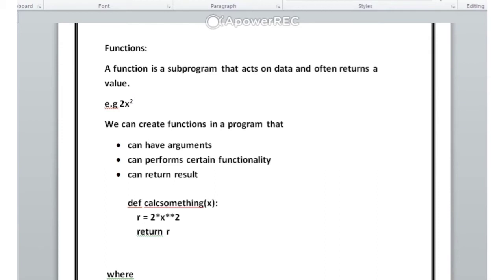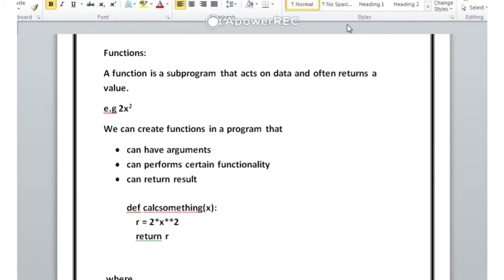Now we'll try to understand how to define functions in a program. So the basic syntax of the function is how we write it. When we create a function in a program, it can have arguments, it can perform certain functionality, and it can return the result.